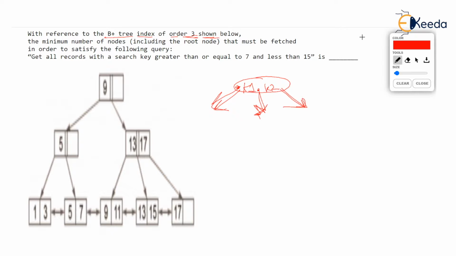Now if there are 2 keys inside any node, then the rule states that the node must at any time be at least half filled. So imagine you create a node and you know the capacity of this node is 2 keys. You can store 2 different keys in this. Then you must store at least 1 key in this. Now that is obvious, isn't it? Anybody would say, yeah, we will not leave the node empty, then why will we create it? But at least 1 key has to be stored.